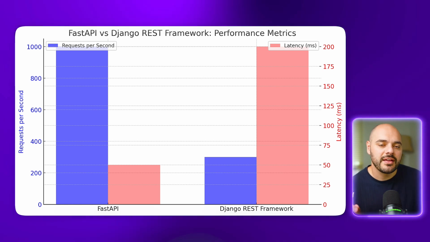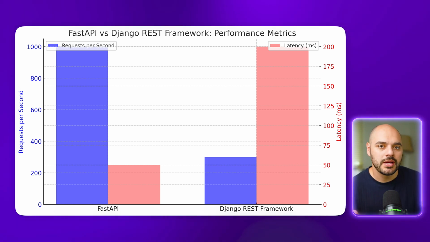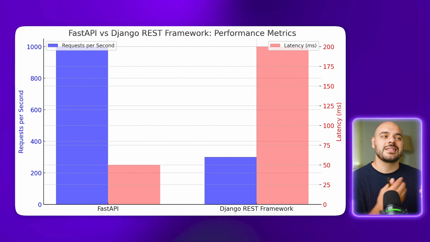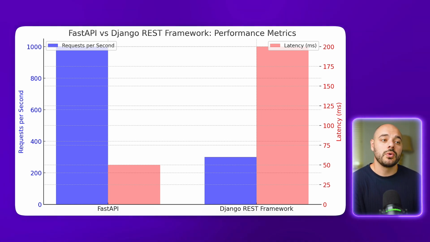FastAPI significantly outperformed Django REST framework, handling around 1,000 requests per second compared to Django REST's 300 requests per second. Now, this wasn't too surprising given the tools and the infrastructure of both. FastAPI's reputation for being lightweight and optimized for high performance, due to the ASGI framework that FastAPI is ultimately built on, along with its native support for asynchronous operations, gives it a slight edge